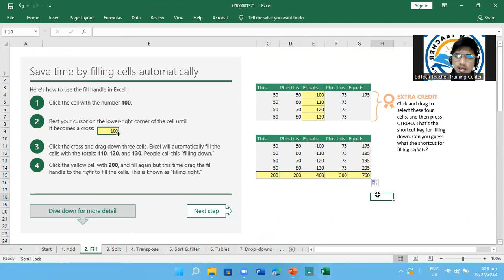Automatically nag-add na siya. Okay, so 50 plus 60, that is 110. Plus 70, that is 180. Plus 80, that is, okay, tama, 260. 75 plus 70 is 300. So that is correct. Okay. And for extra one,